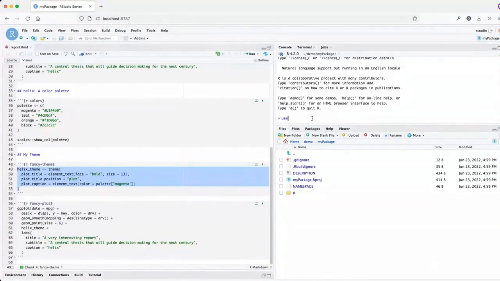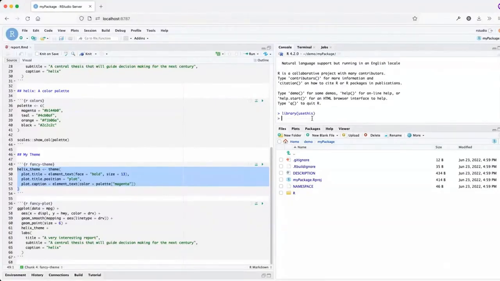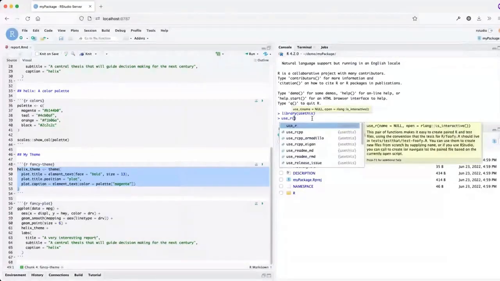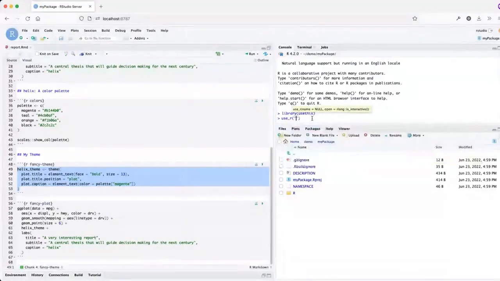But you could actually use usethis again. So I'll library usethis one more time now that I'm in the package project. And I can say use_r. And this means use an R file. And I'm going to call this helix_theme, because that's the idea for the name of the theme, or the name of the function that we're going to write.